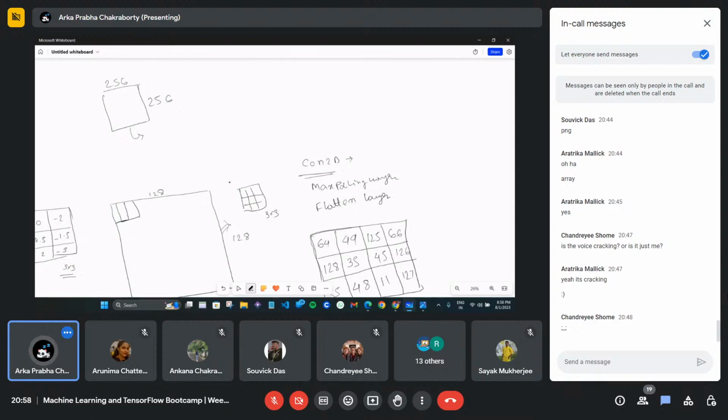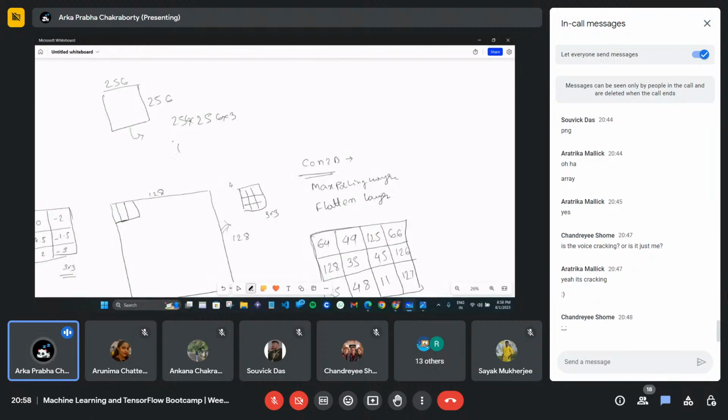We are applying these techniques on thousands of images. As I have given you a dataset, there will be 20,000 images. So for a single 256 image, how many neurons will there be? 256 into 256 into 3. Now you might ask, what is the 3?